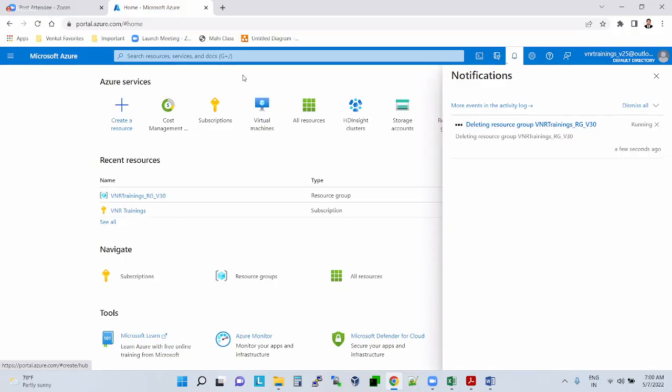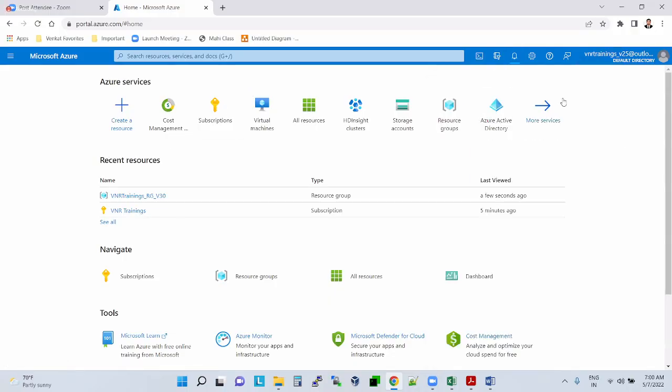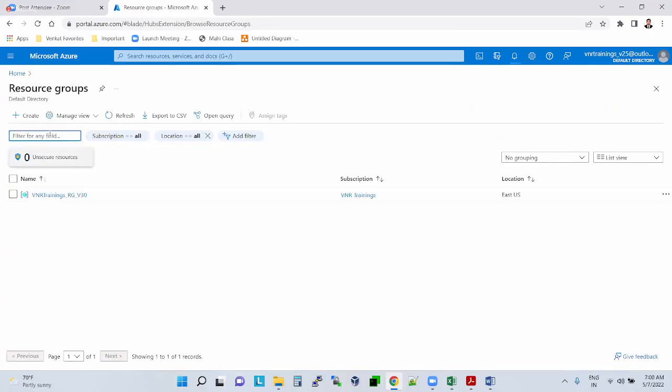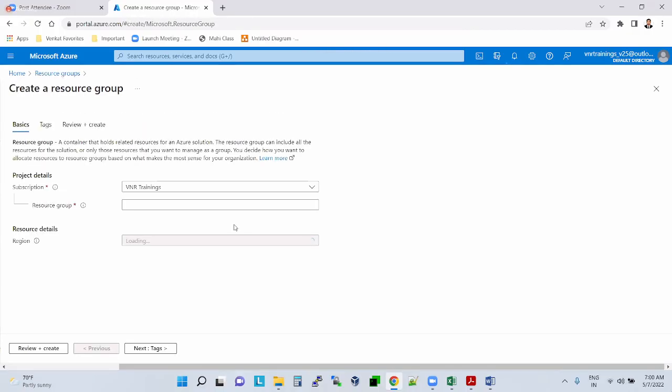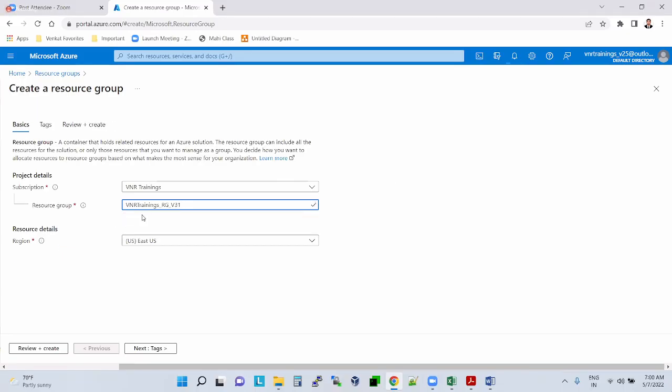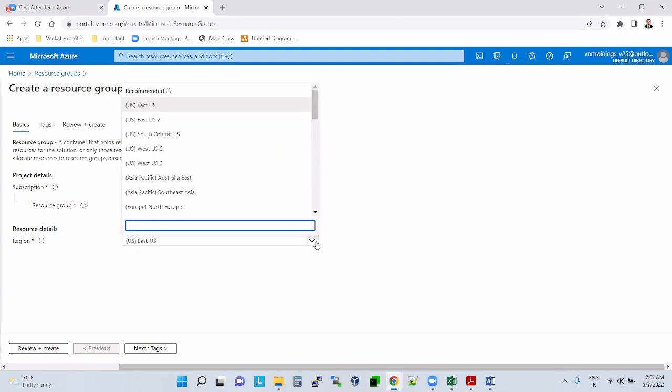Let me delete the existing one. So first I'm creating a resource group. Now create a resource group. It is asking what is the resource group you want to create. This is the name, underscore RG underscore V31. And in which region do you want to create it?